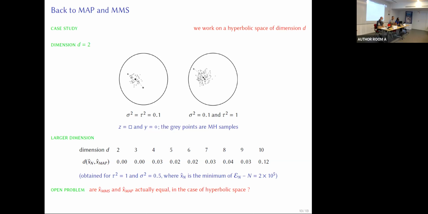And so I have an open problem which I would like to present to you, if you would be interested in thinking about it. Are they actually equal in certain cases? What's the distance between them, generally speaking, in case they are not equal? But they're very close to each other anyway. I want to stop on this open problem, which is very interesting and which I would like to share with you. So thank you for your attention.